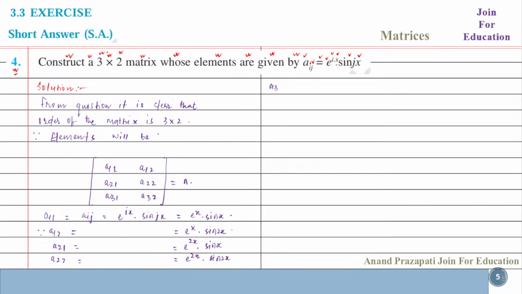and A31 equal to e to the power 3x into sin x, and A32 equal to e to the power 3x into sin 2x. Therefore the required